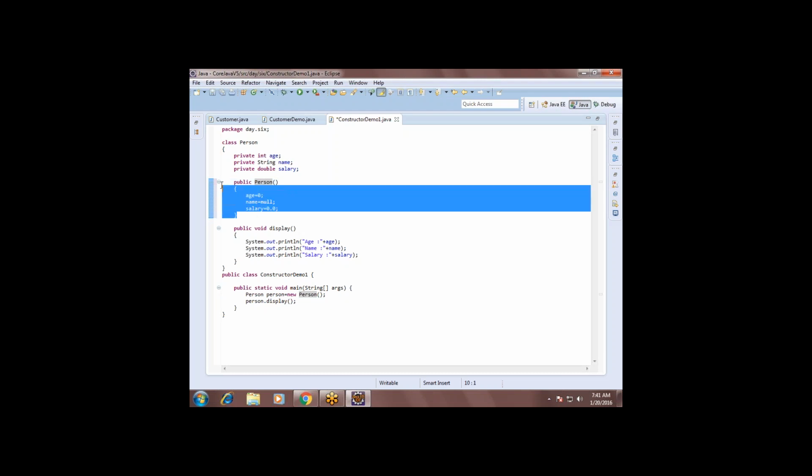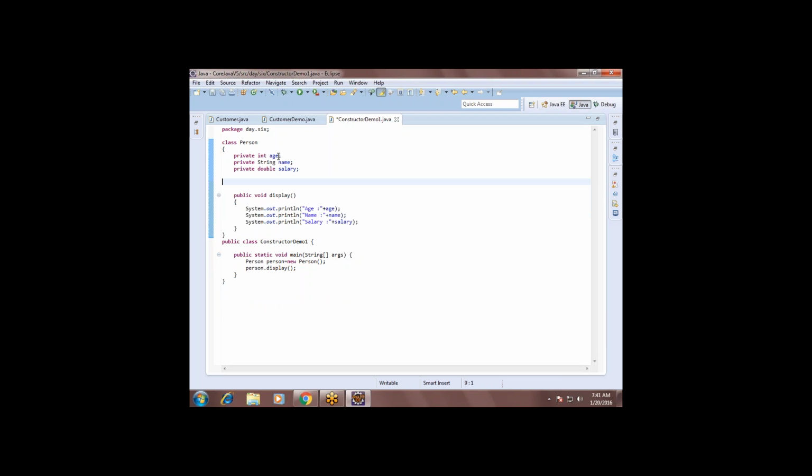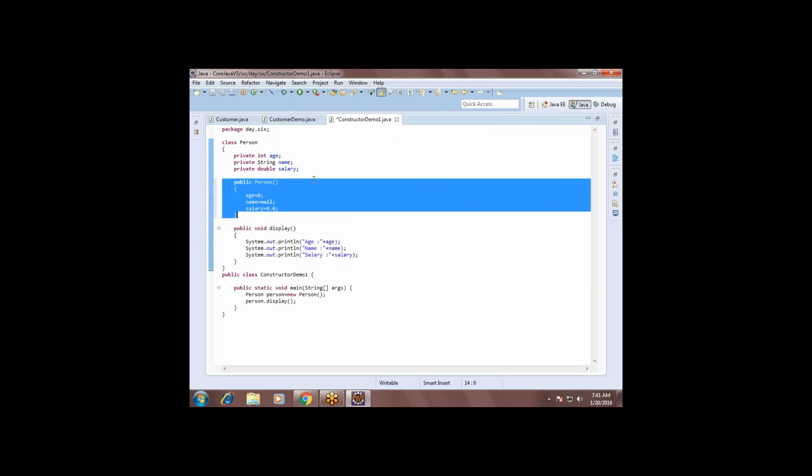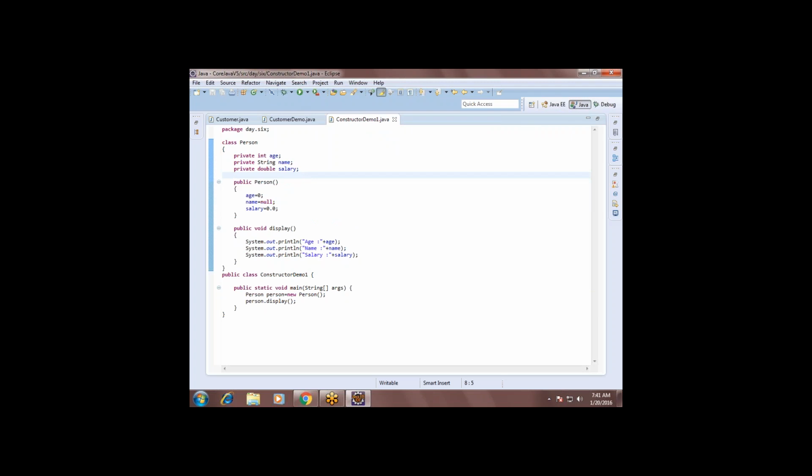That's why in Java, the declared variables do not contain garbage values. Whenever you print them, you will get the normal values. So who is inserting these values inside those properties? Automatically, this constructor is created by the compiler to initialize the properties. If you create any constructor, the compiler does not get involved. If you don't create any constructors, then the compiler automatically creates one.